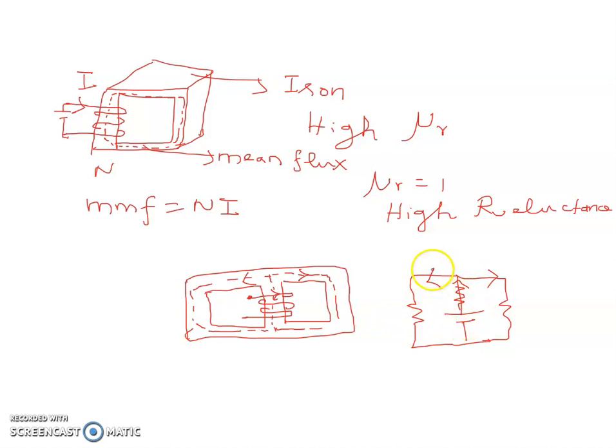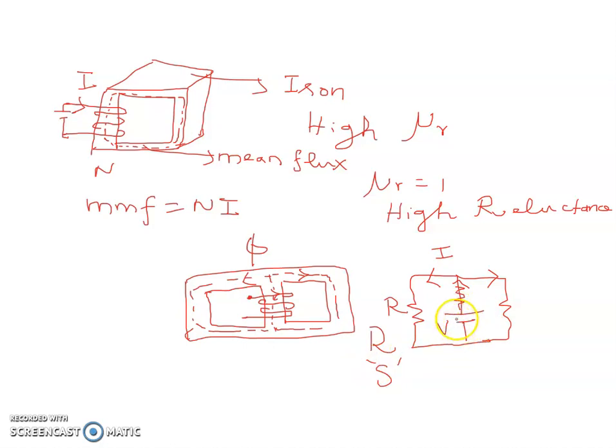So in the electric circuit, this arrow line represents the flow of electric current. In the magnetic circuit, this represents the flow of flux. So this is the flux path, and here it is the current path in the electric circuit. So both magnetic circuit and electric circuit are analogous to each other. In the electric circuit, we represent voltage, current and resistance. In the equivalent magnetic circuit, we are representing this as reluctance. Sometimes S is used for reluctance.